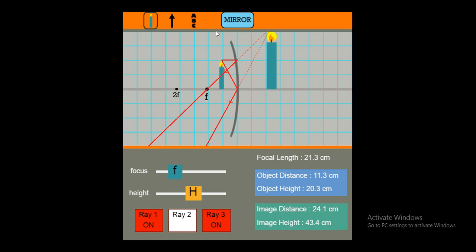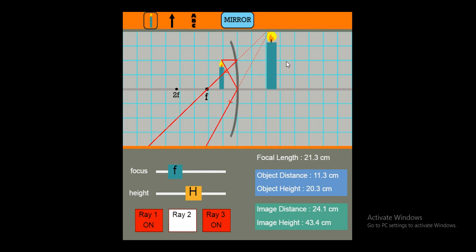According to the ray diagrams, remember that when considering mirrors, if the image is formed on the other side of the mirror, with the object on one side and the image on the other side, these are virtual images. If the object is on one side and the image is on the same side, these are real images. So we can identify this is a virtual image.